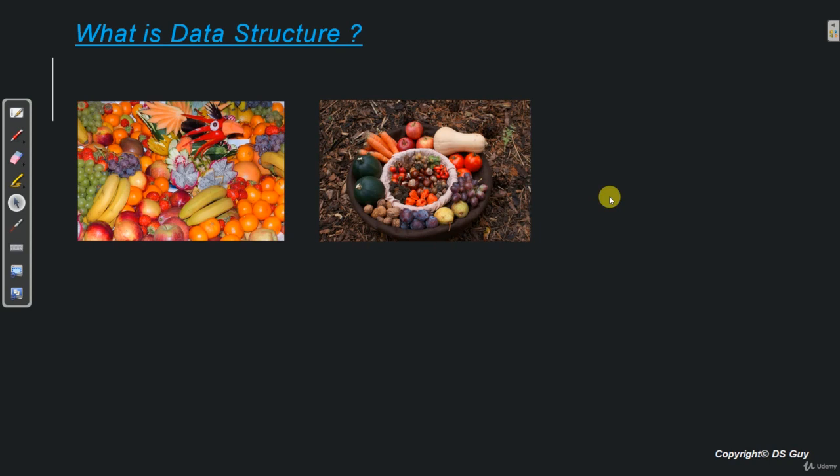So here we have all our fruits and vegetables in an organized way. So now if we want to pick up our vegetables, let's say an apple or a tomato, it will be way easier compared to the first basket. So what we have done in the second case? We have simply taken all the items from the first basket and we have put them in a more organized way in the second basket. Now when it comes to data structures, here also we do exactly the same thing.